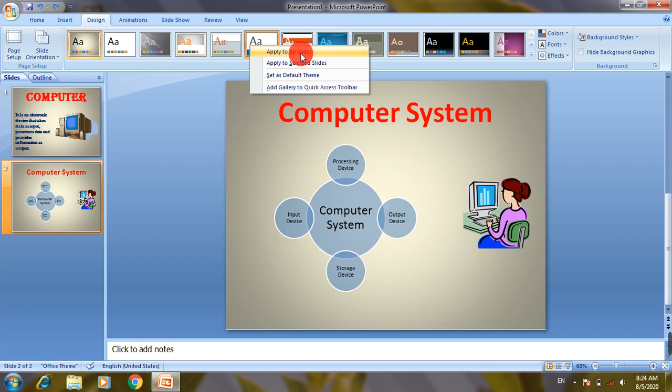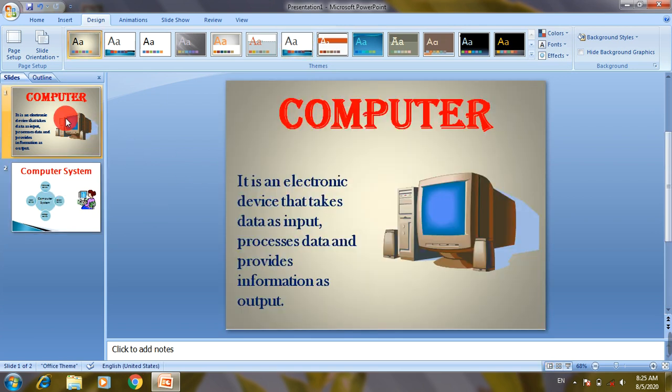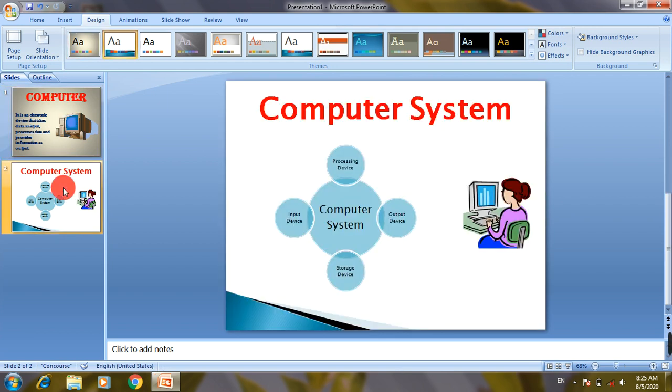But if you want to apply this on your selected slide, you have to choose the second option, apply to selected slides. So you can see this theme is only applied to the second slide only, not in the first slide. So in this way you can change the theme of your presentation.